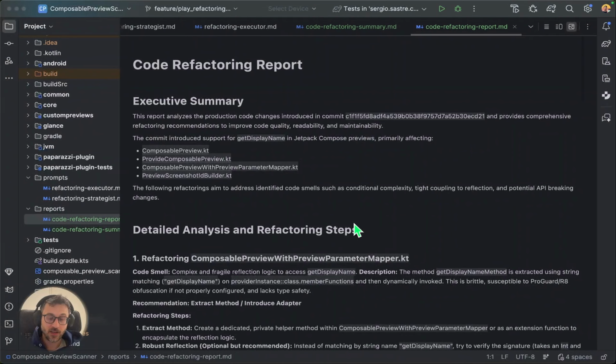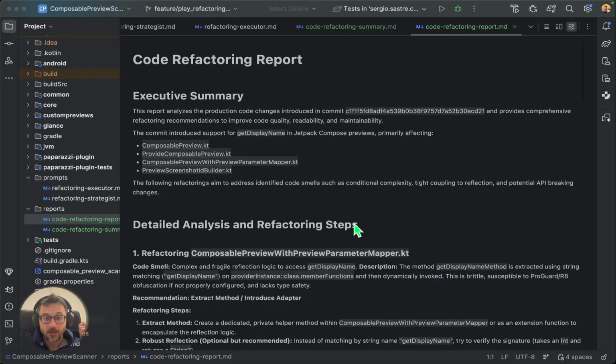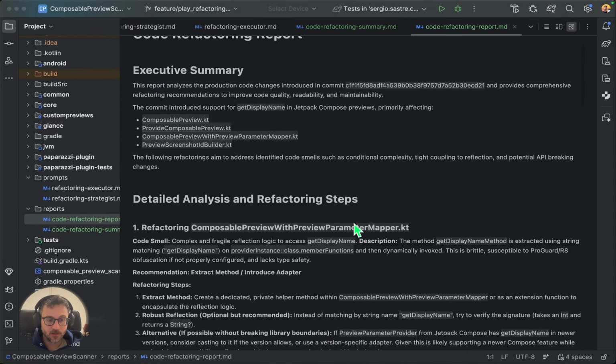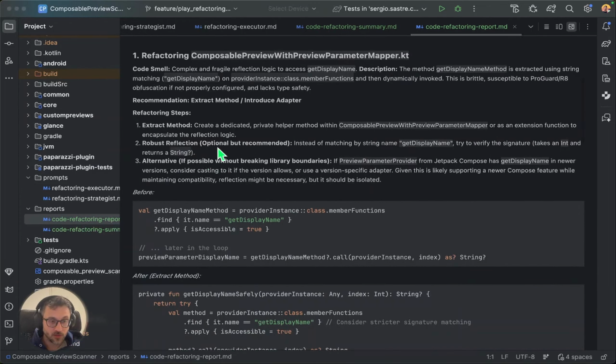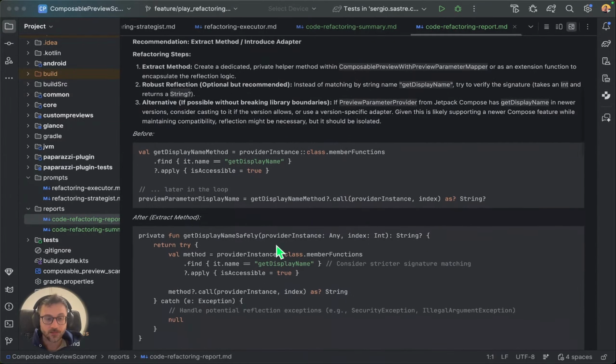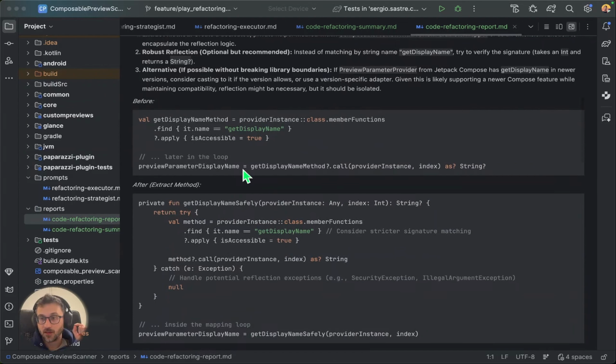So I've already analyzed the document, and let me tell you what we are gonna do, what we are not gonna do, and why, and also what I'm gonna push back. So first of all, this refactoring composable preview with preview parameters mapper is proposing something about reflection, and I'm gonna skip this one. The reason why I'm using reflection here is because this is a Java library, not an Android library,